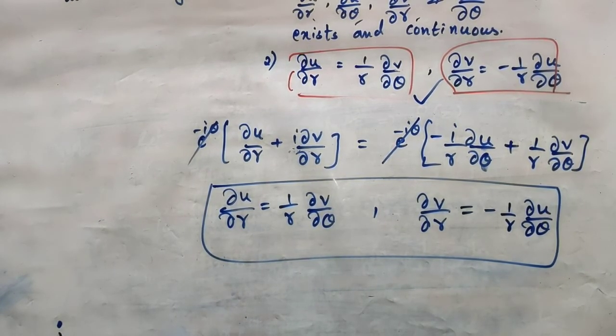In my next session, we'll continue with the problems on this. I'll let you know when to put z as r into e to power I theta when it is necessary, and when it becomes a polar form, then you always need the CR equations in polar form. That's why we derived them, and you need to remember or memorize these equations. It is better. Let us continue in my next session.